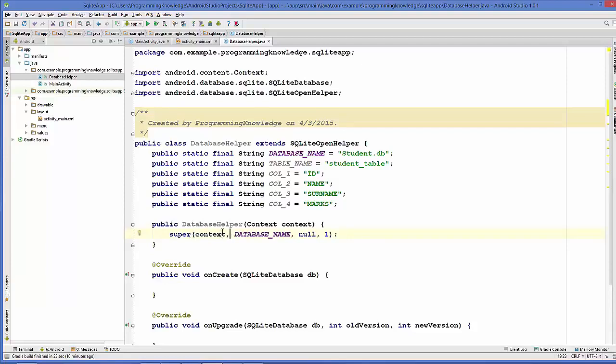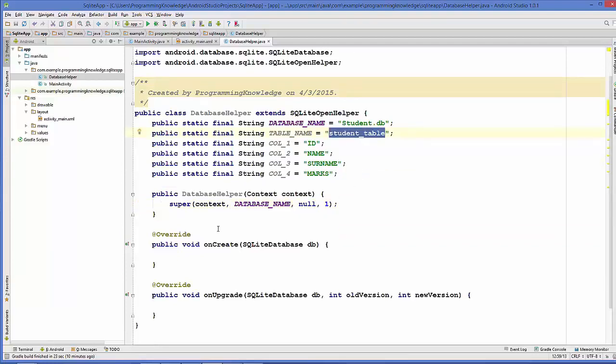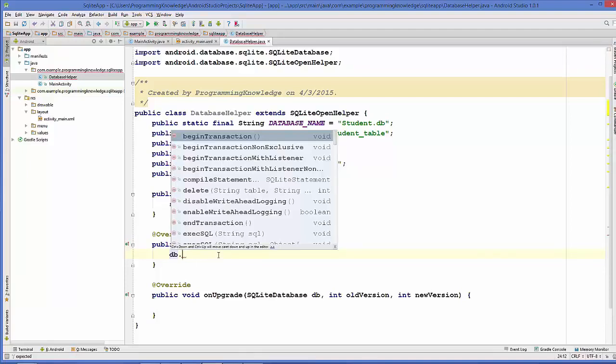Now in order to create the table inside your database, we are going to create a table whenever the onCreate method of this class is called. You can see SQLiteDatabase class is the argument inside onCreate, right? So we can just take this db, which is a variable of SQLiteDatabase, dot execute